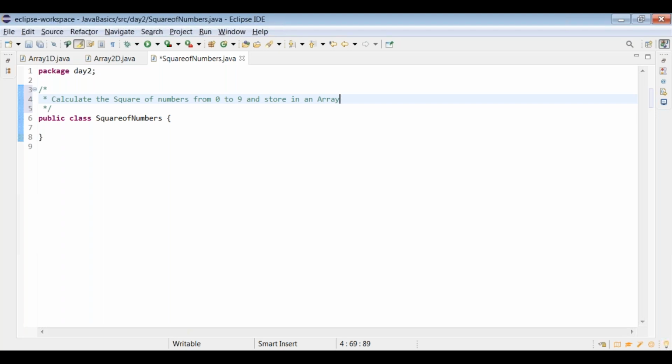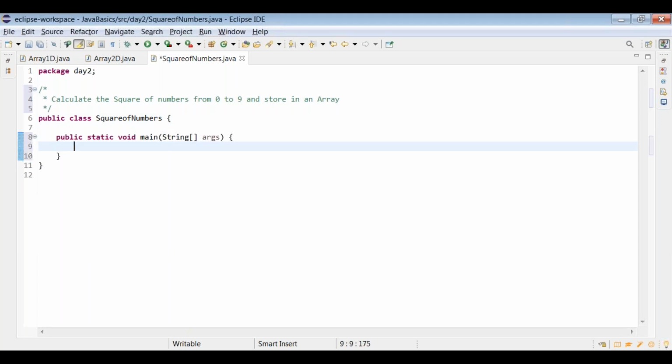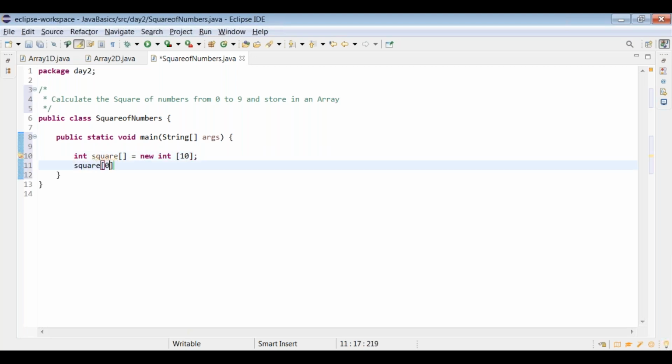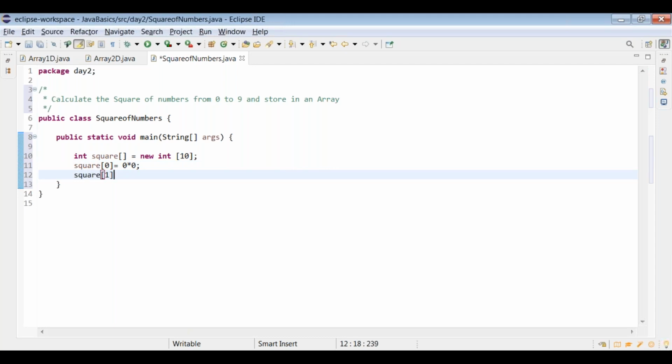So what we can do for that, we say here int square[] = new int[10], because 0 to 9 we are saying 10. So now square of 0 equal to 0 into 0. Square of 1 equal to 1 into 1. Square of 2.